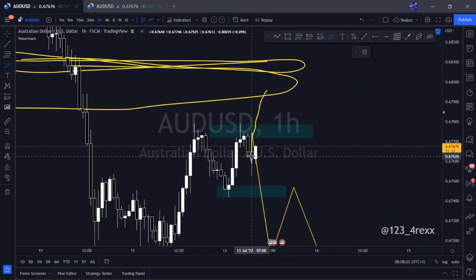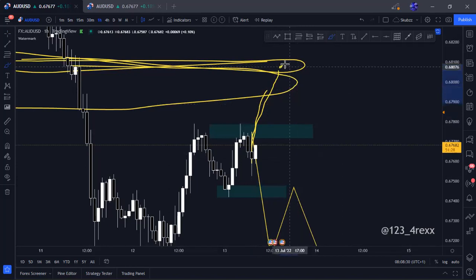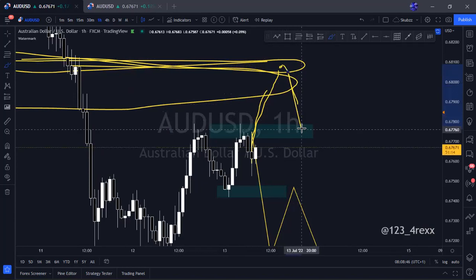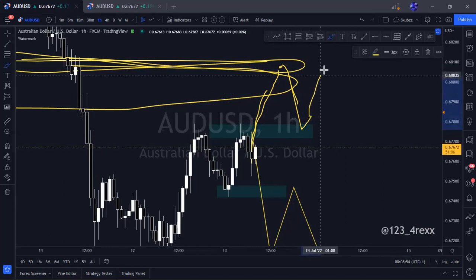So if we have that break of structure to the upside here, what you should basically do is watch out and see if price is reacting from here and pushing down. If price is reacting from these levels, what you can do is watch the behavior of the candlesticks. If price pushes down to this level and you see a reaction at these levels, then you can take the buy, but still exit at the top. You get at TP1, just exit there and stay off. Do you guys understand what I'm explaining?